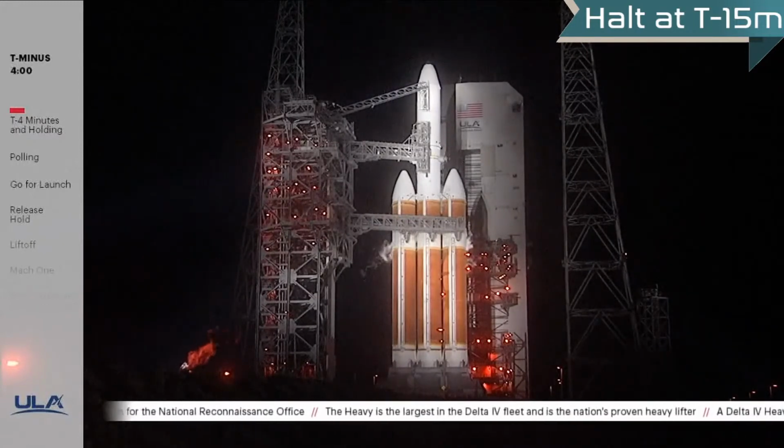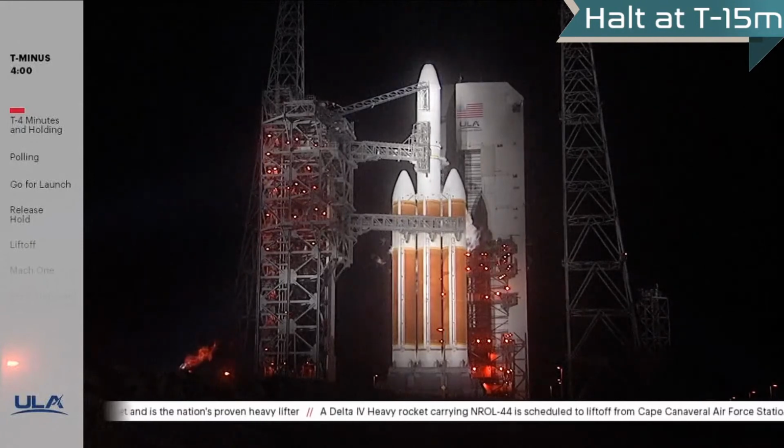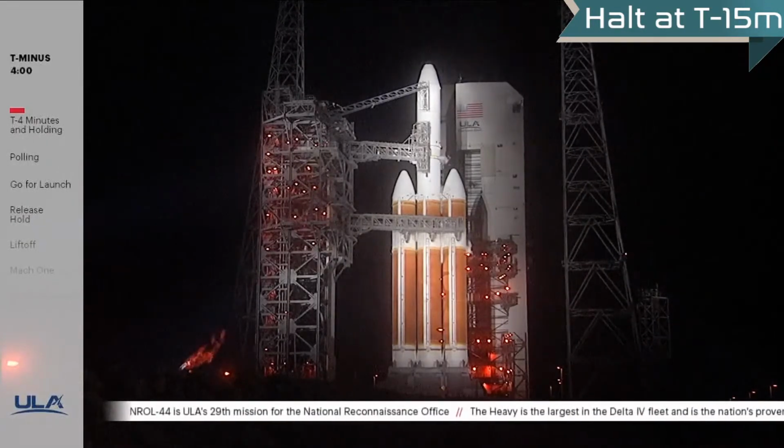See, it all depends on the composition of the fuel which you are using. If you are using hydrogen and oxygen only as the rocket fuel, then the exhaust is water only, and water is not harmful, right? So that's the thing. And if you are using solid rocket boosters,